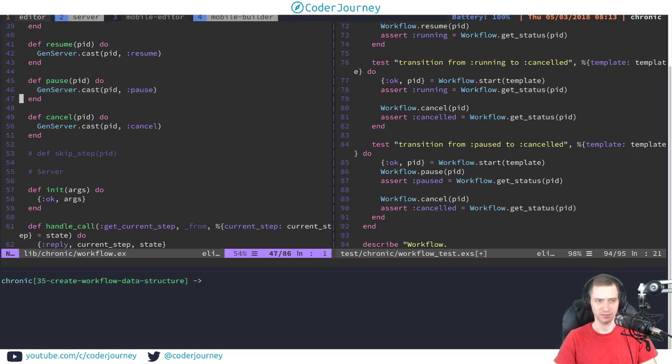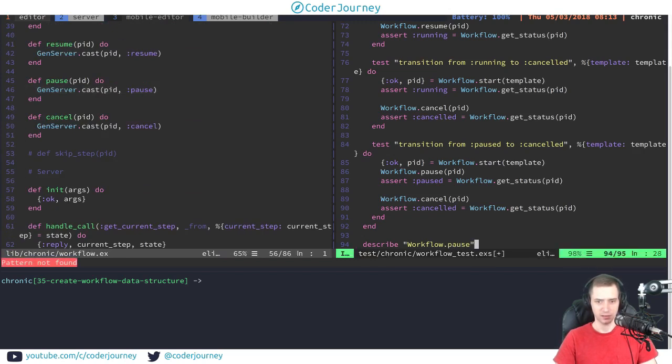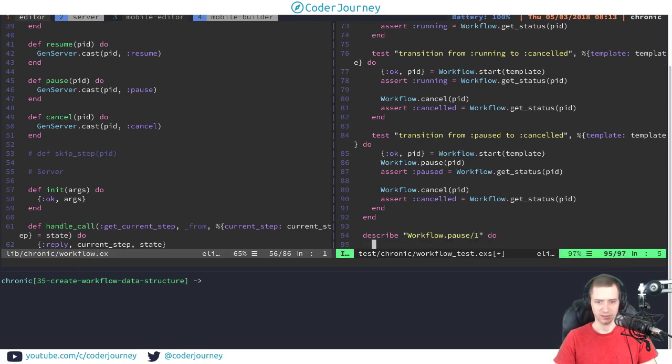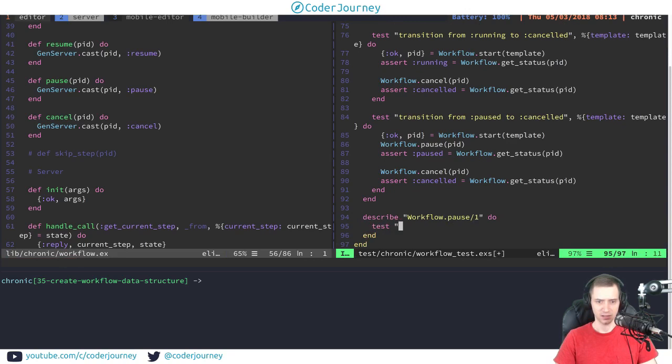Let's do pause. That one makes sense. I think we'll just put it like this. So we want to state that it receives, I guess, causes a